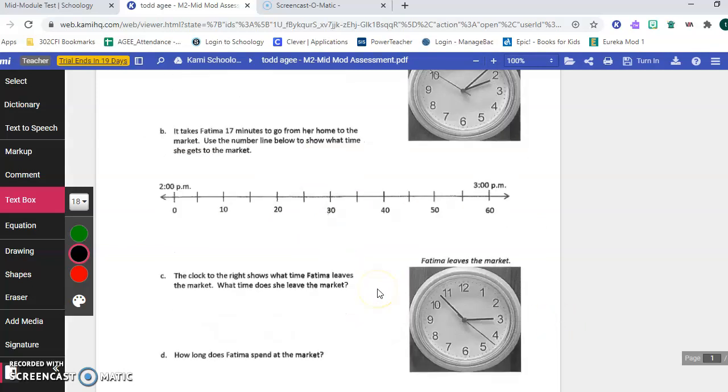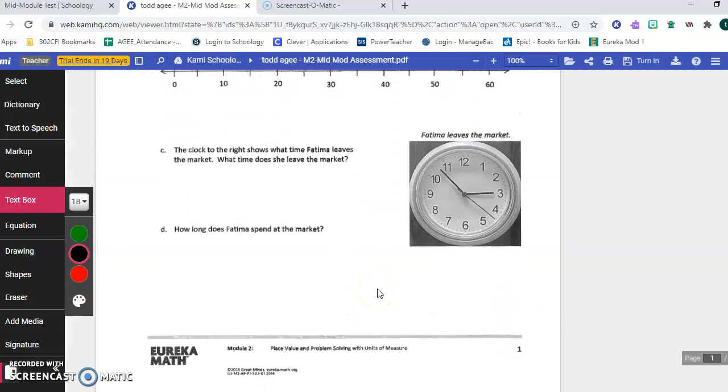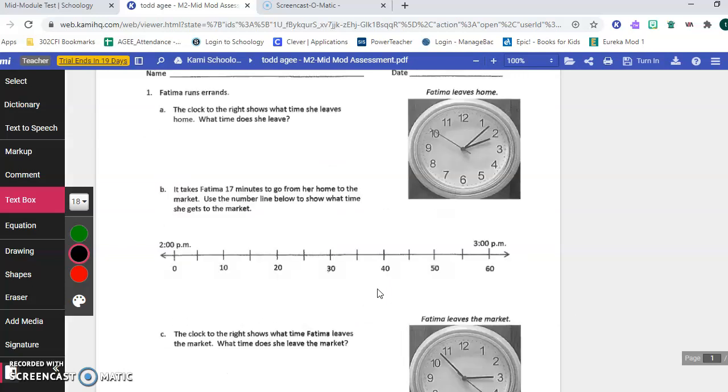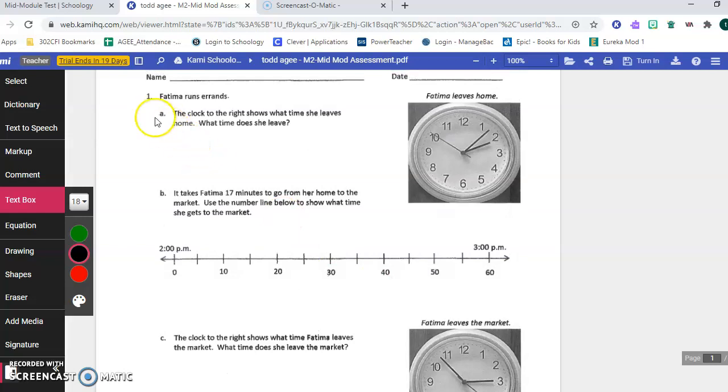So you can see the first page covers a few problems that have to do with telling time, and they're all related to the same story. Okay, so it's got Fatima runs errands. This story is all about Fatima, and each question asks a different question about when she either left home or left the market, how you have to use some of the information they give you to figure out